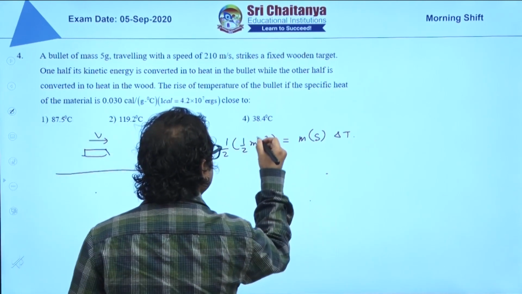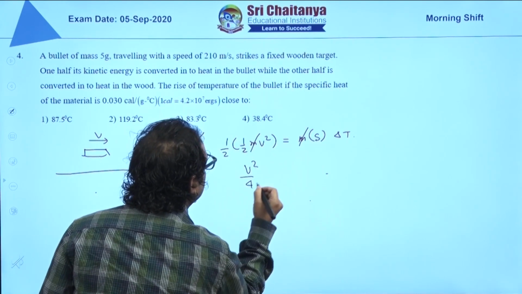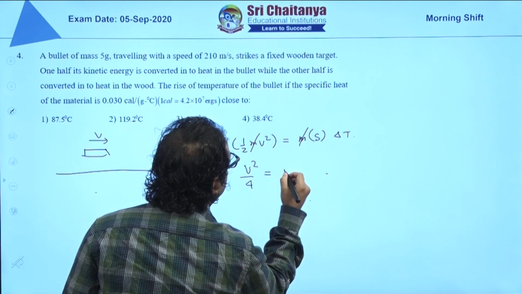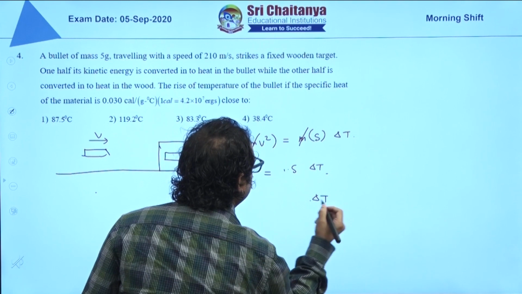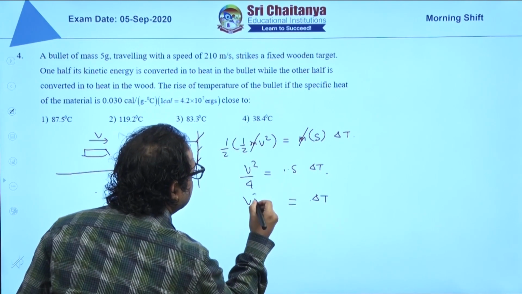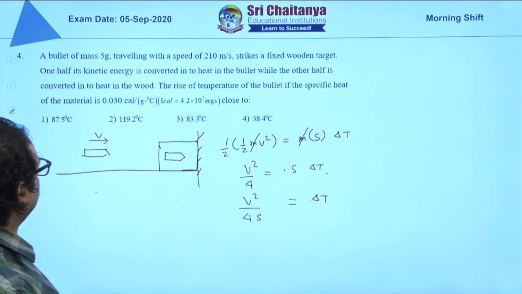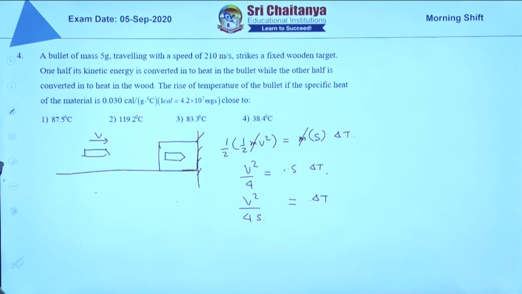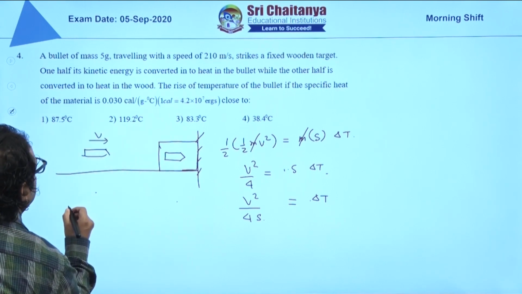So, this one is getting cancelled. So, we can write V square upon 4 is equal to specific heat into rise of temperature. So, rise of temperature is nothing but V square upon 4s. Velocity is given 210 meter per second, and you are given specific heat capacity. So, that is S value. S value is given as